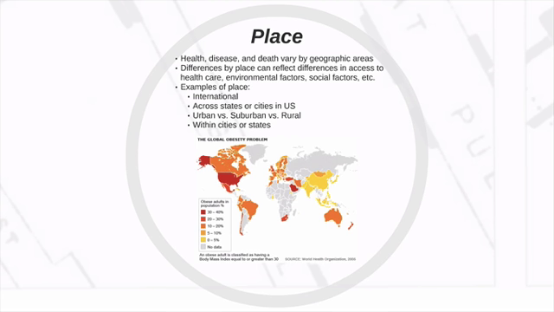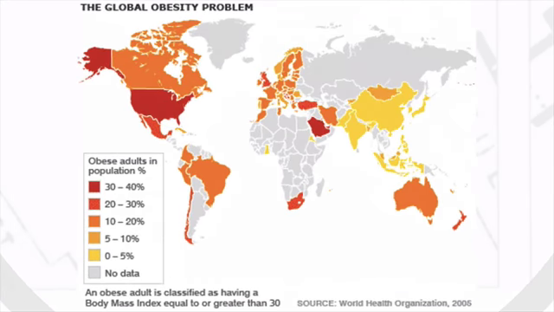So we may look in terms of place internationally, across states and cities, urban versus rural, or within states and cities. In the first week we looked within Philadelphia at different zip codes and the prevalence of HIV within those zip codes. So here we can look at a map of the global obesity problem, and as you can see, sort of the